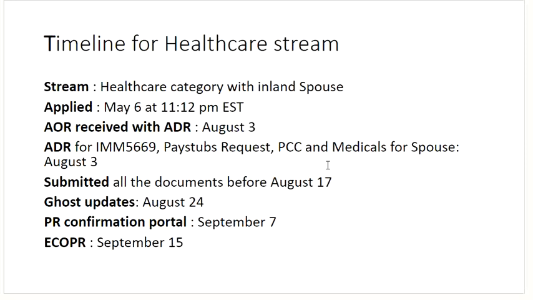Sometimes you forget to mention the rejection of your work permit, or even for your spouse, like if you've applied for an open work permit for your spouse, that visa refusal information is not mentioned. And sometimes the visa officer may ask you to complete the personal history, like you might not have explained a gap of, say, 2 months or 3 months in the last 10 years. That is also required to be filled. So this is again to be done, and then you're going to get the ghost updates.